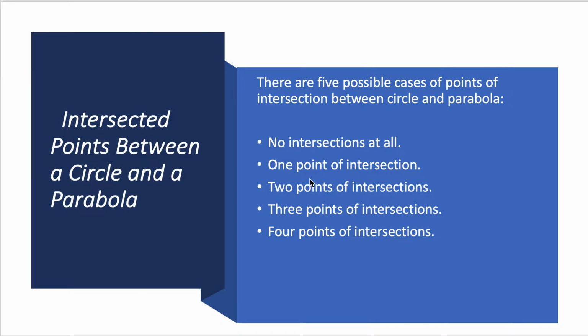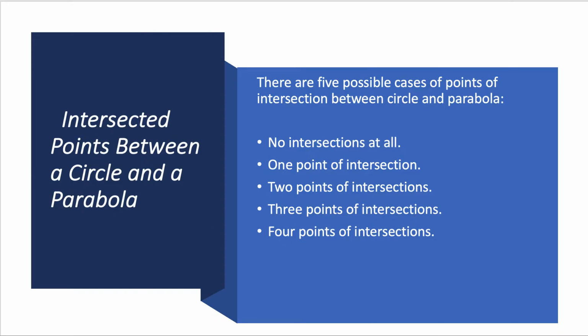Case 2, 1 point of intersection. We have just 1 point of intersection. Case 3, we can have 2 points of intersection. Case 4, we have 3 points of intersection, and the last one, the fifth one, is 4 points of intersection. Let's see